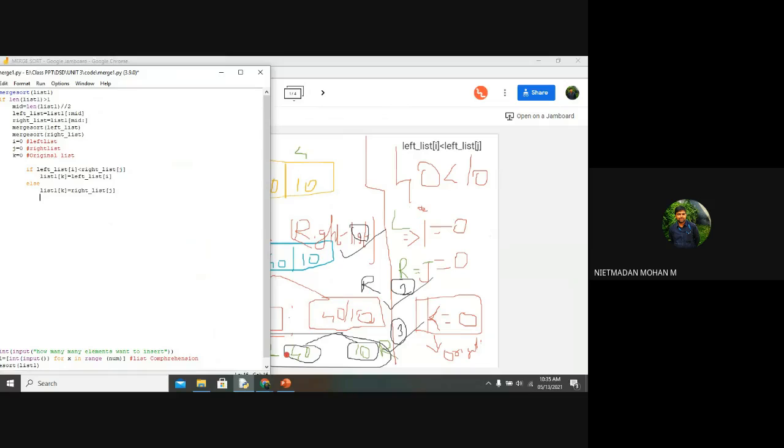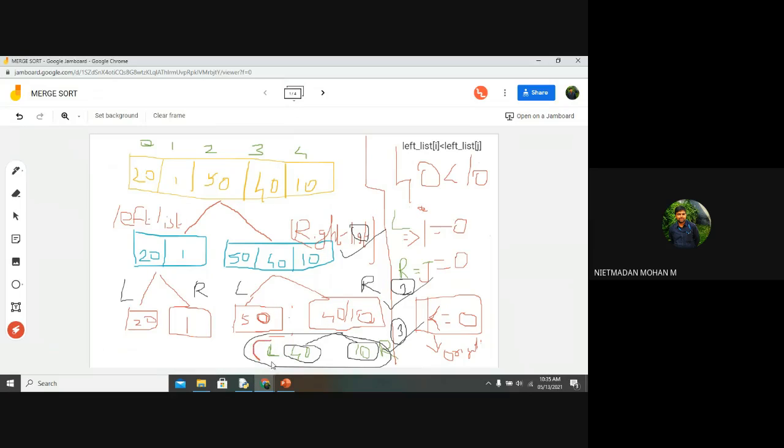For that purpose, I am doing this. I am assigning this left operation, the left hand side, as I, and the right hand side I will assign as j, and I will compare these two, and the final element will be stored in the original list, and that also I will assign as 0. So here you can check 40 is less than 10, the condition will be false. So this 10 will be stored in K of 0.